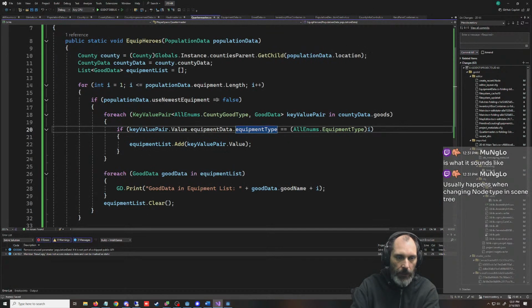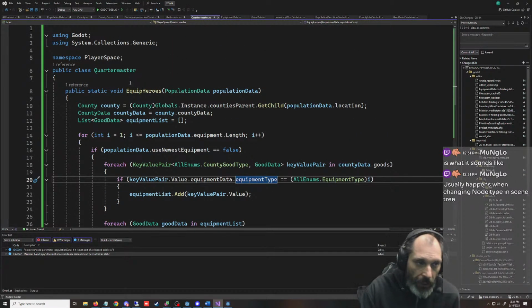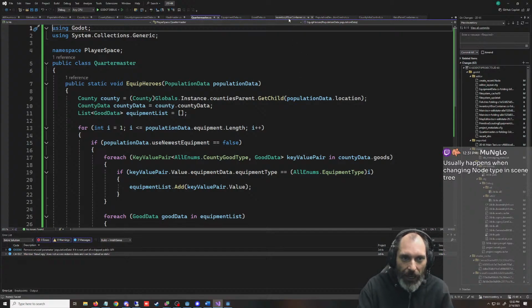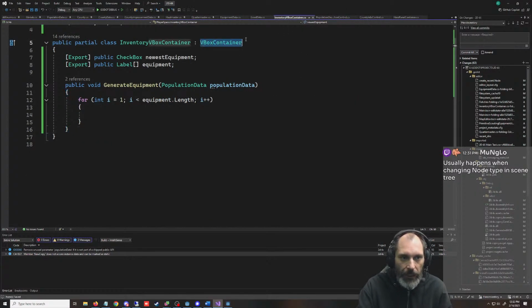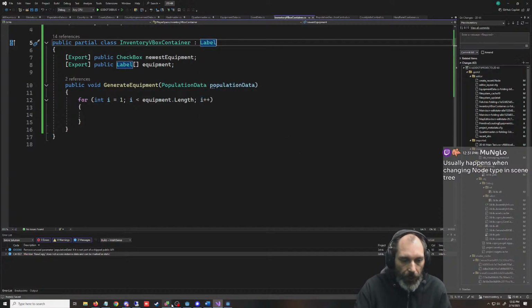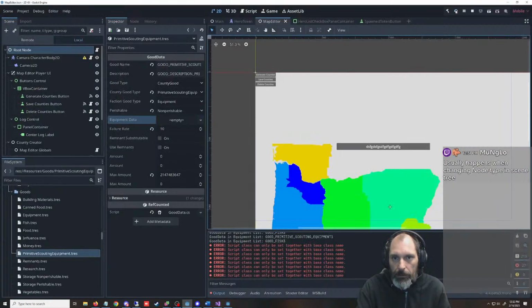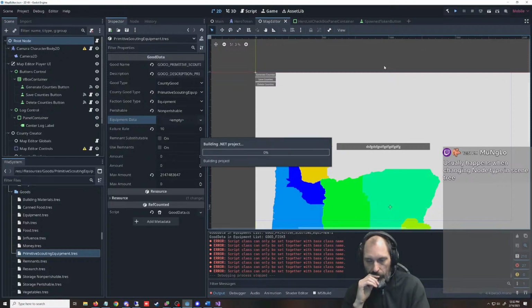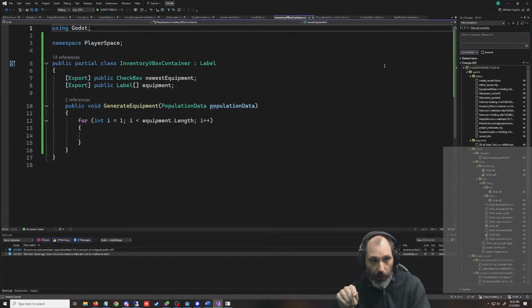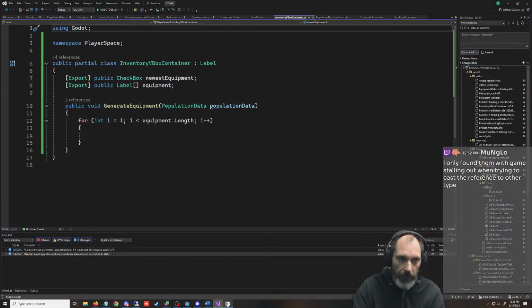It won't let you run it. I know what you're talking about, and I've done that in the past. If I change this to, let's do it as a label, it should break this. You could be right. Yeah, see, it won't let you run it if that's the case.